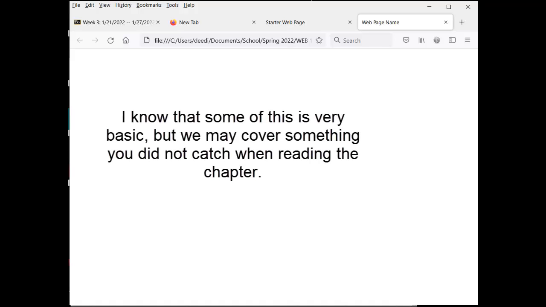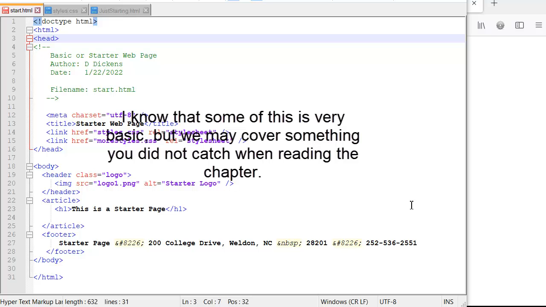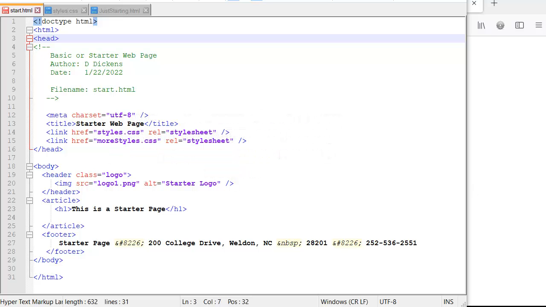I know some of this is basic, but we might cover something you did miss when you were reading the chapter. Okay, we're back, and we're going to talk a little bit more about getting started with working with web pages. Right now, let's talk a little bit about the HTML tag that we use at the beginning of our